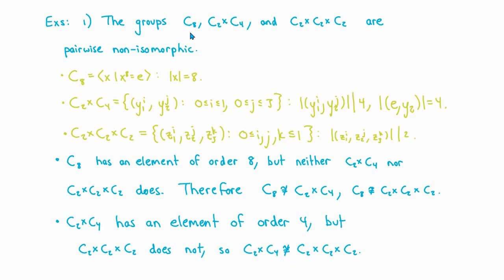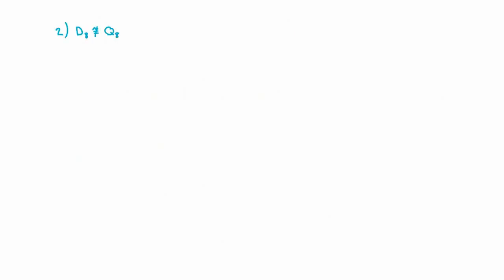And that verifies the claim that these three groups are pairwise non-isomorphic. Continuing with our groups of order 8 theme, let's now show that the two non-Abelian groups D8 and Q8 are non-isomorphic. So remember that D8 is the dihedral group of order 8, which has a presentation of the form group